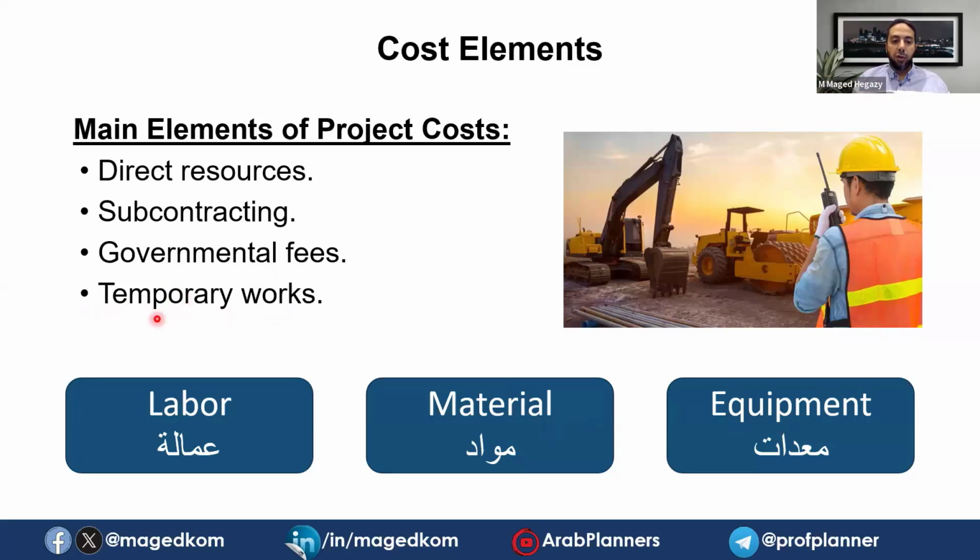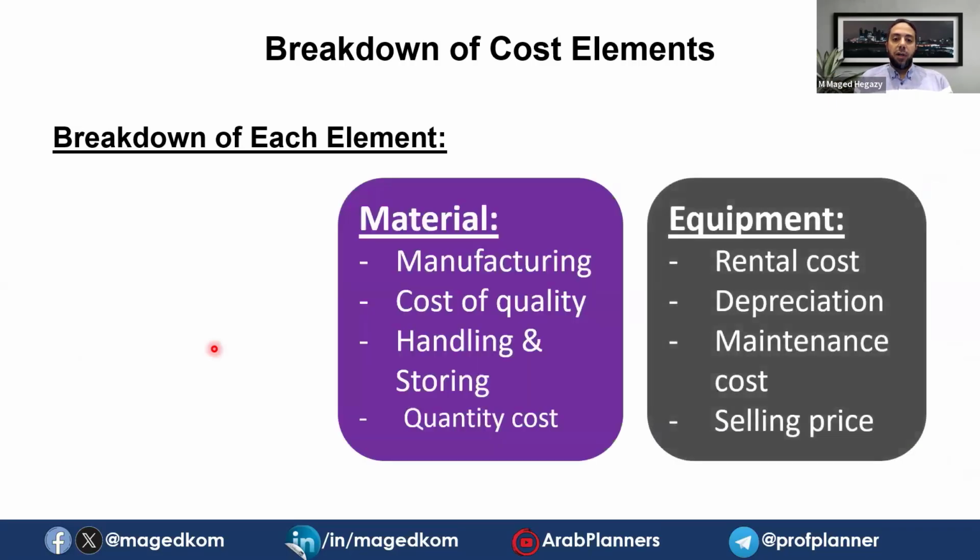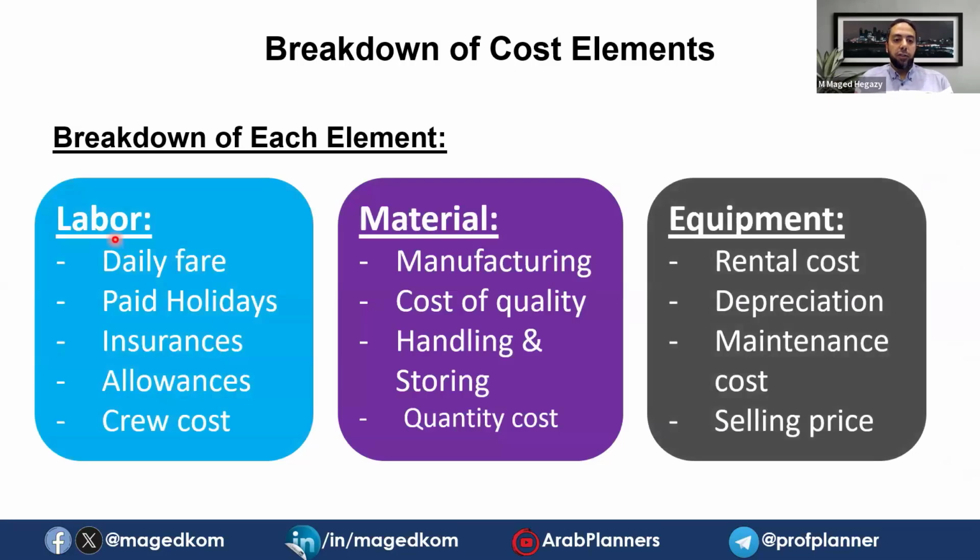So we need to consider also the cost of these temporary works and the indirect cost, including the supervision team and the facilities like rental, offices, or other facilities and bills. It is indirect cost, as we cannot say it's going only for one certain item. The breakdown of these items, if we go to the labor, it's not only the salary they are getting.